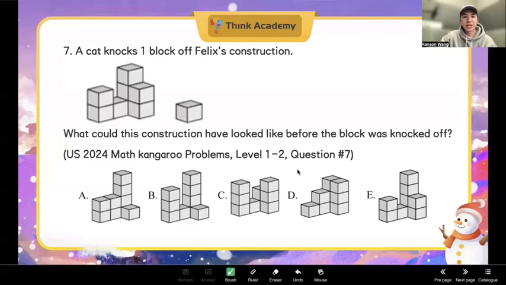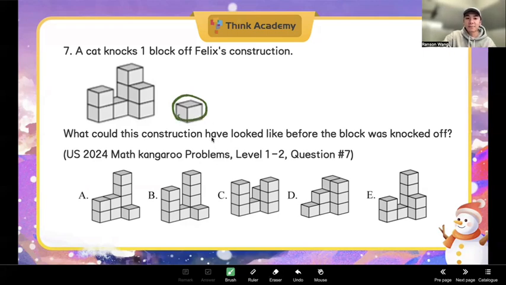The seventh question. A cat knocks one block off Felix's construction. So what could this construction have looked like before the block was knocked off? In this case, it means that the correct option should only have one part of the difference, which could be fixed by putting